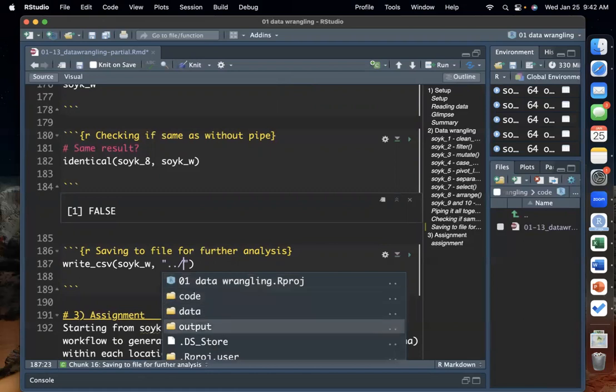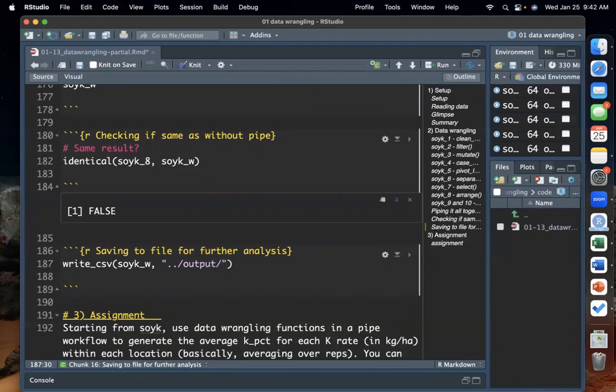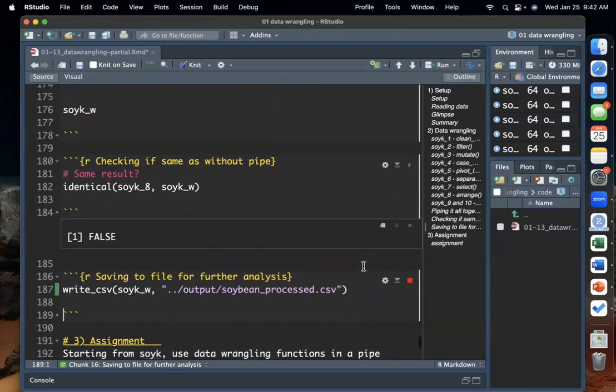If we hit tab, you're going to see all the other folders. Because this is an output, we can save that in the output folder. And I want to give it a name of soybean_processed.csv. So if you run this,